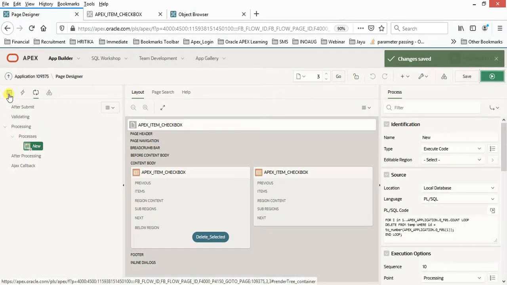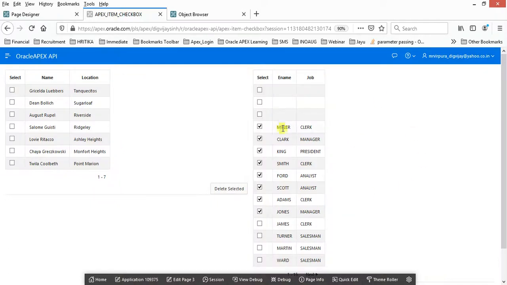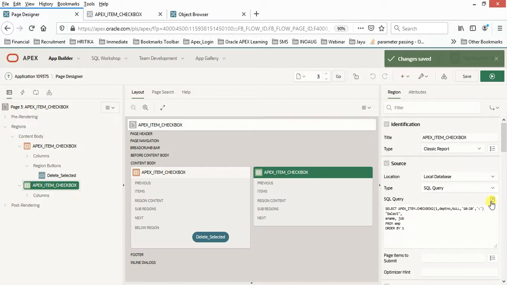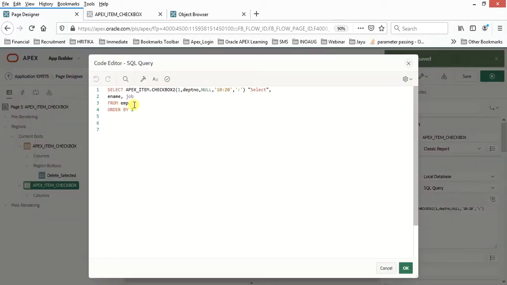The second thing which we are able to see here, that's another method which we can utilize, is if you want to display the records like this one. Currently we are utilizing the EMP table, and I'm selecting apex_item.checkbox2. The first one is the department number. I'm providing null over here, and I'm checking department number 10 or 20, and that will be selected, then ename and job from employee, order by 1.